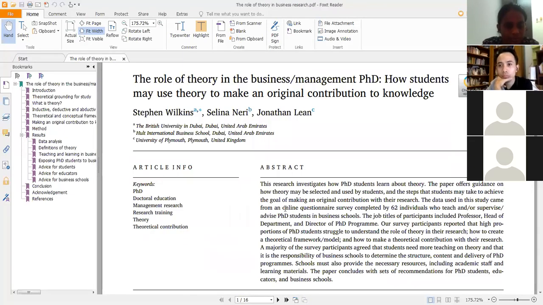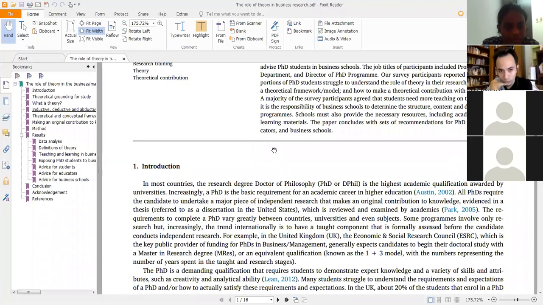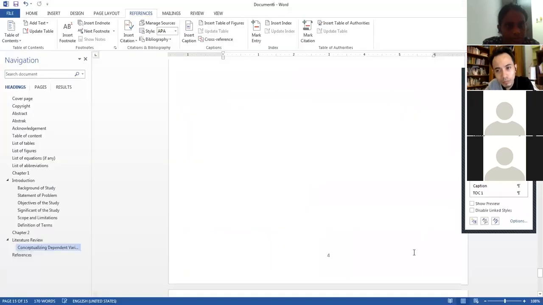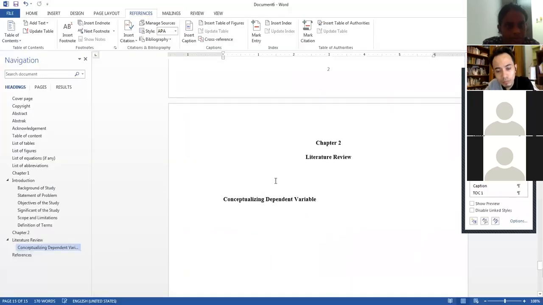These are the list of the authors: the first author, second author, and third author, according to APA style. When we want to insert our references, there are two styles. For example, because they have three names, these are the names of the authors.